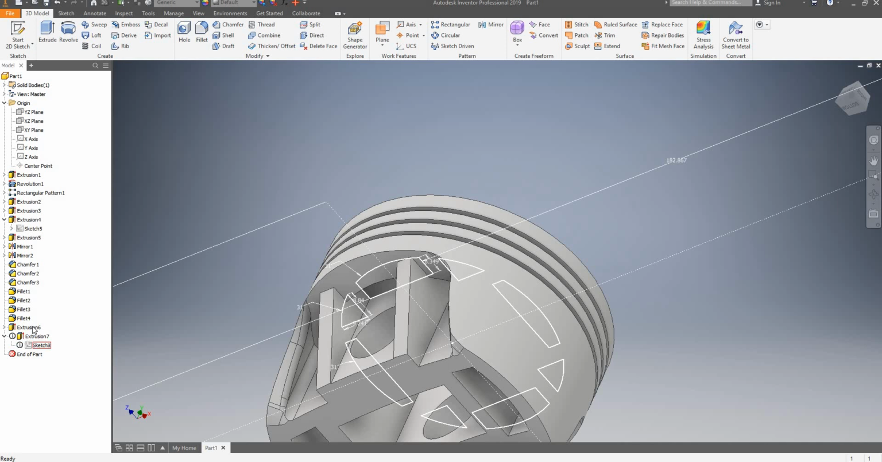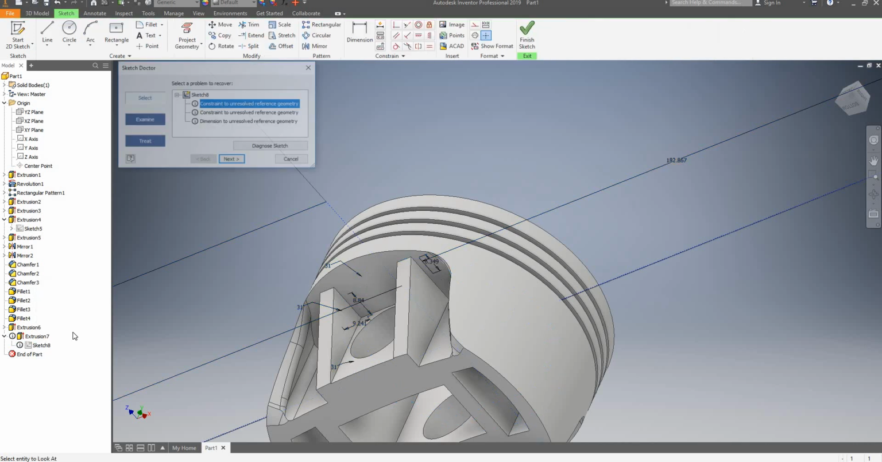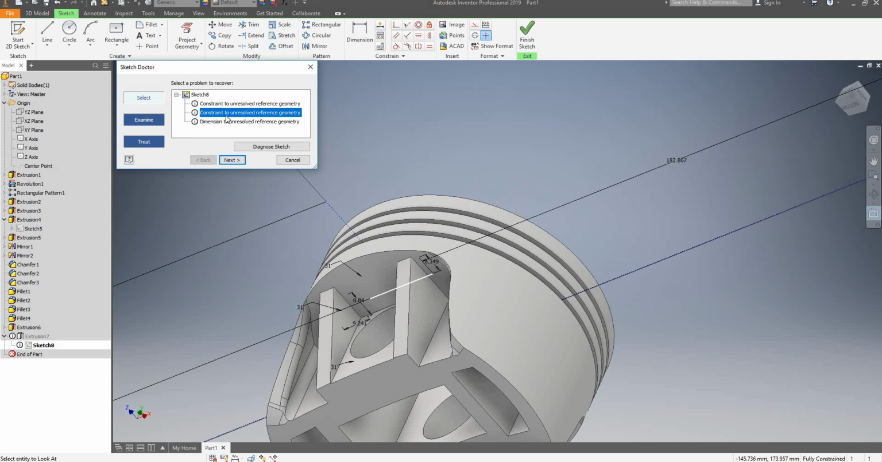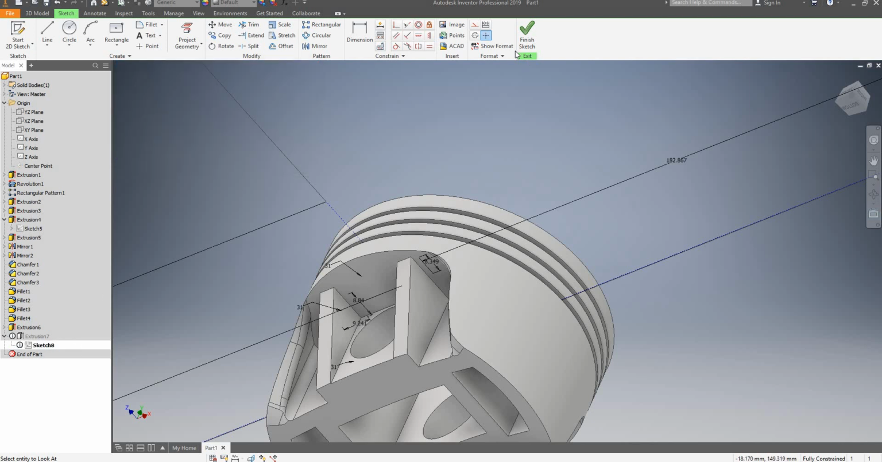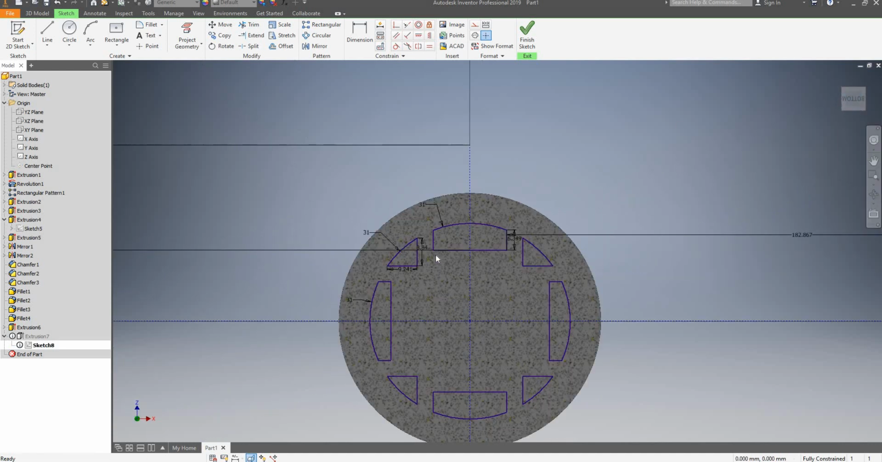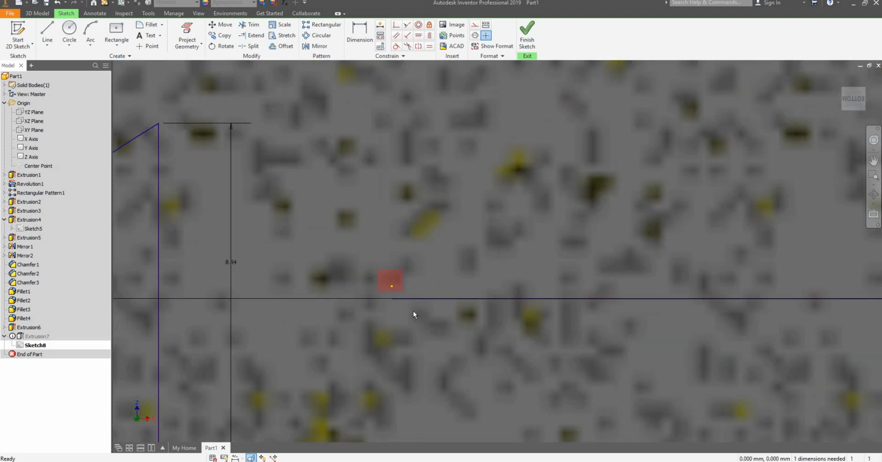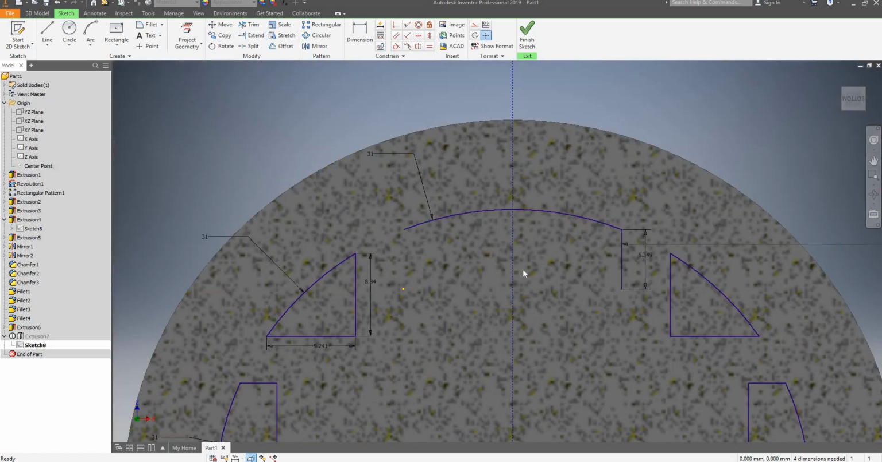It looks like there is something wrong with our sketch, so I'll right click and recover. So it's telling us that there is some problem with this geometry here. So I'll open up my sketch. Probably it's easier to just delete it. That was probably what was causing the issue. So I'll delete that,